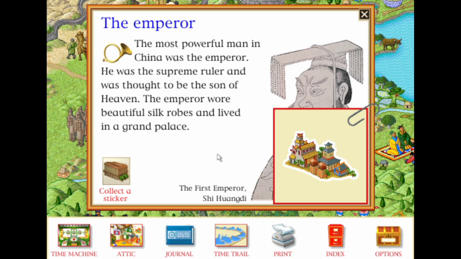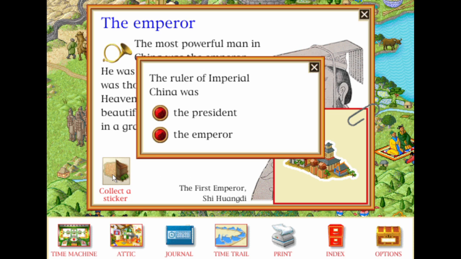The emperor. The most powerful man in China was the emperor. He was the supreme... The ruler of Imperial China was...